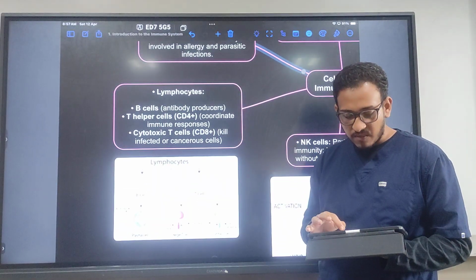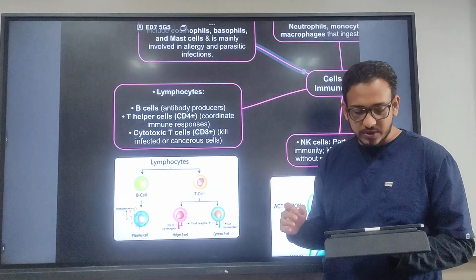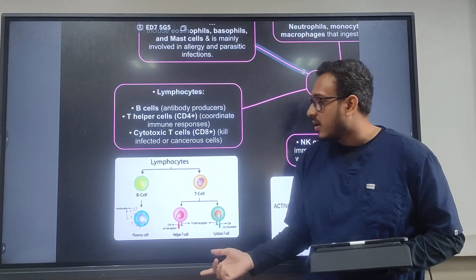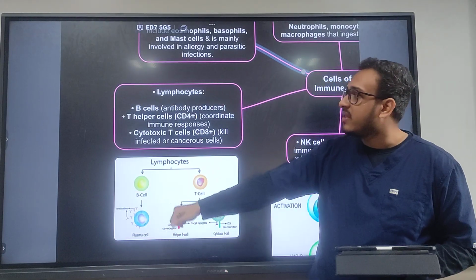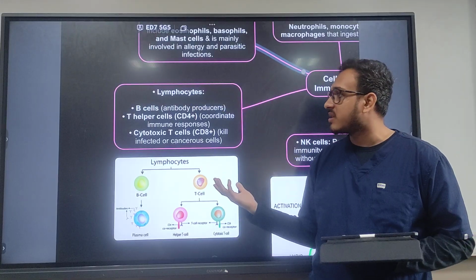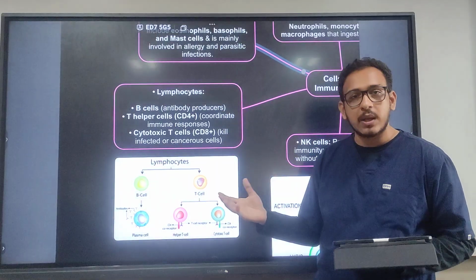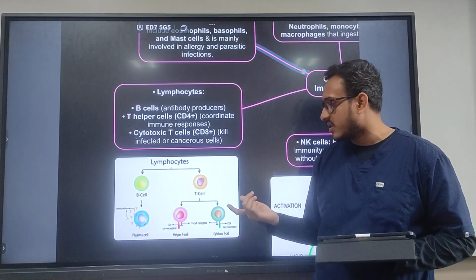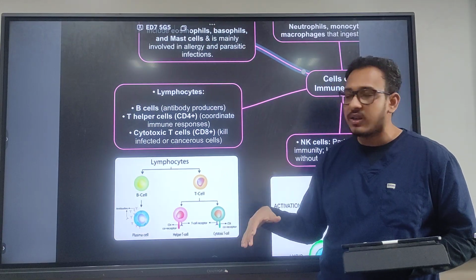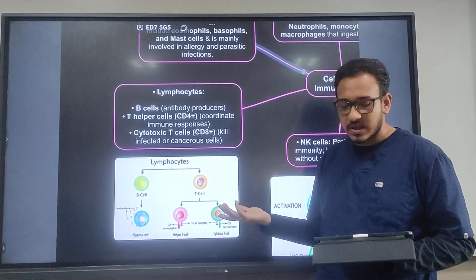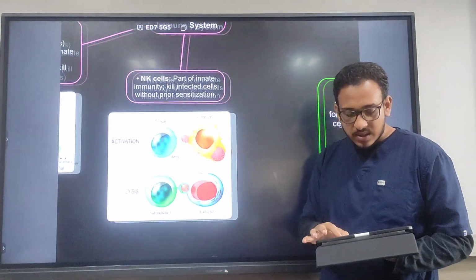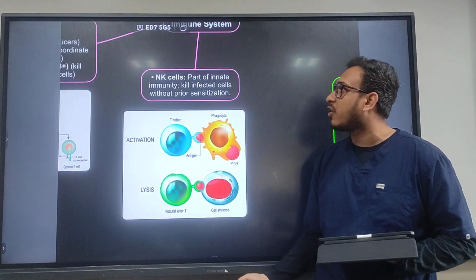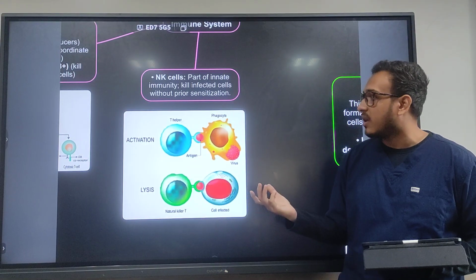Then there are lymphocytes. Lymphocytes include B cells, which produce antibodies, and T helper cells, which coordinate the immune response among the different cells. And there are cytotoxic T cells, which are responsible for killing the infected or cancerous cells present in the body. Then lastly, there are natural killer cells. They are part of innate immunity, and their basic